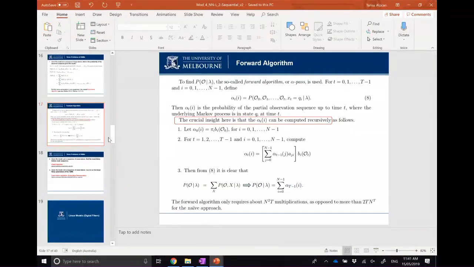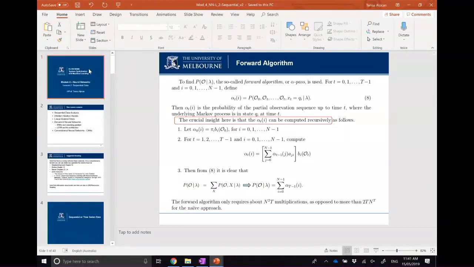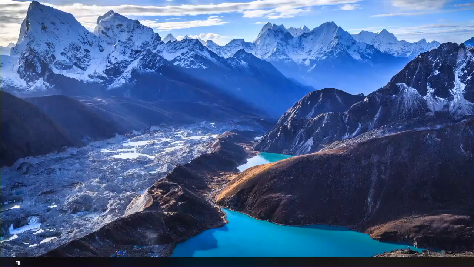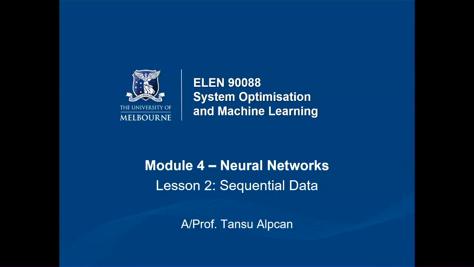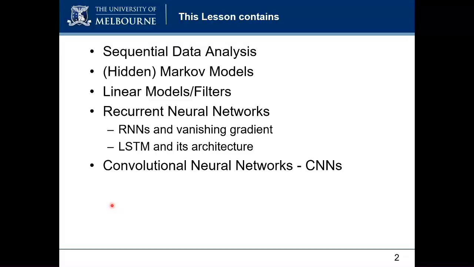is a very important topic, especially as engineers, because we live with dynamical systems, and systems create sequential data. So I will give the basics of sequential data analysis, then I will touch on Markov models. Actually, I could spend a lot of time on Markov models. There's beautiful math there, but to be honest I will not do it, and then I will touch on the linear